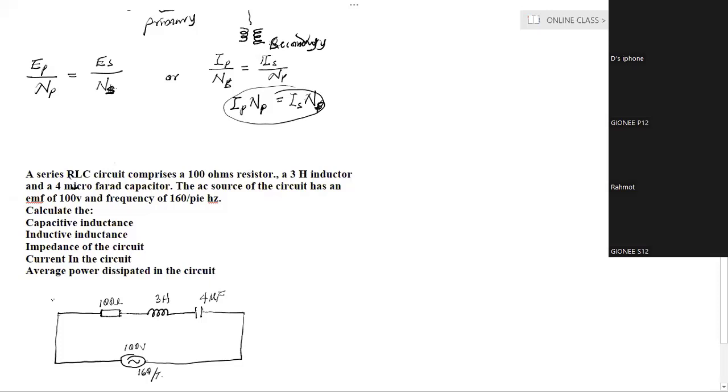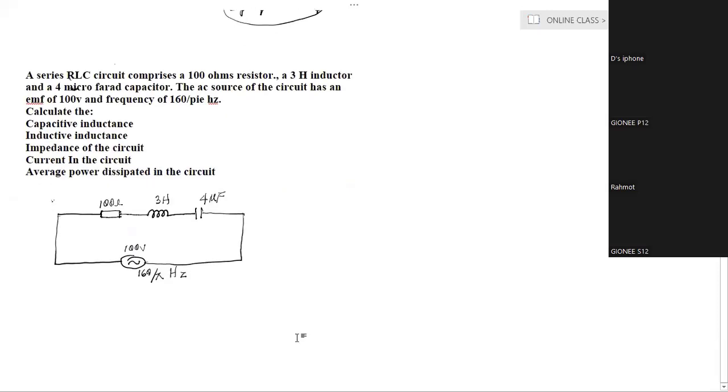160 over pi hertz. Now, the first question is to find the capacitive reactance, which is X_C. We all know that capacitive reactance is 1 all over 2 pi fC. Now from here, we have 1 divided by 2 pi times f, f is 160 over pi